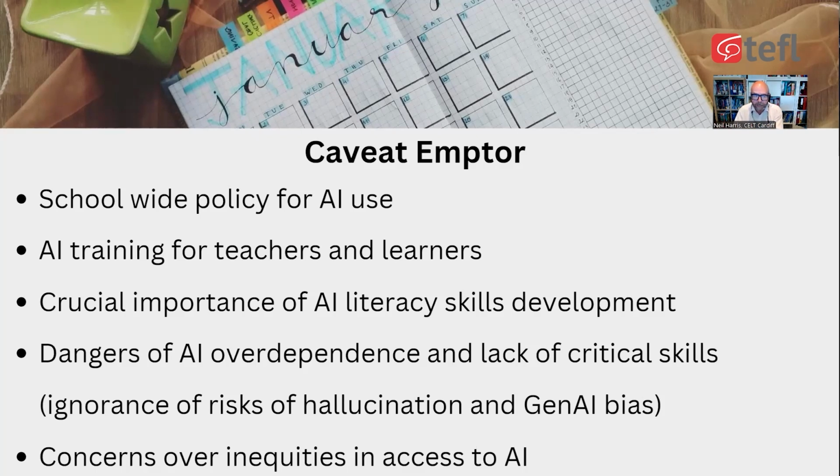But not only a policy, schools need to work with both the students and the teachers and train them in good AI use. And in particular, as AI takes over, and it will do so more and more, in the development of AI literacy skills. Gone are the days, I hope, when we used to say to students, go and look it up on Google. We'll be teaching students how to use Google effectively, using Boolean operators and, or, not, speech marks to make their searches more effective.